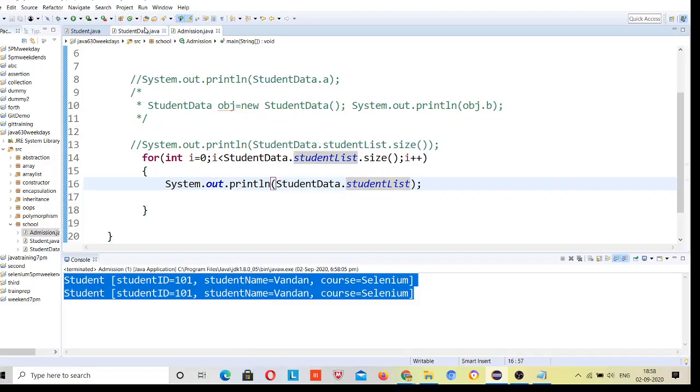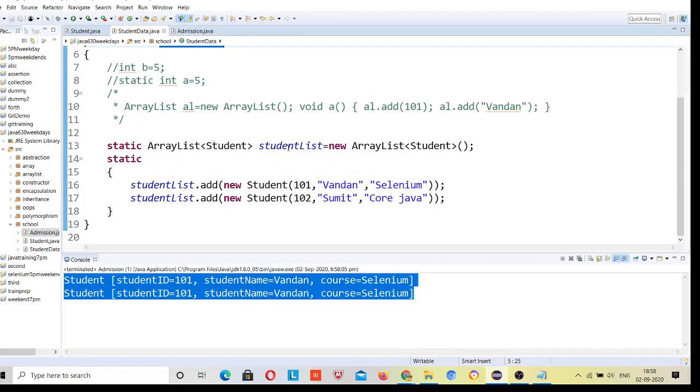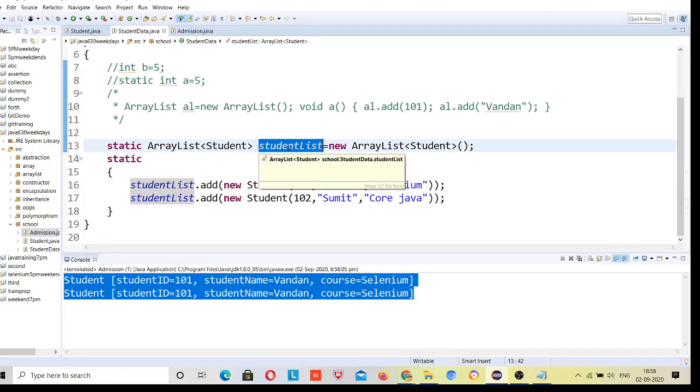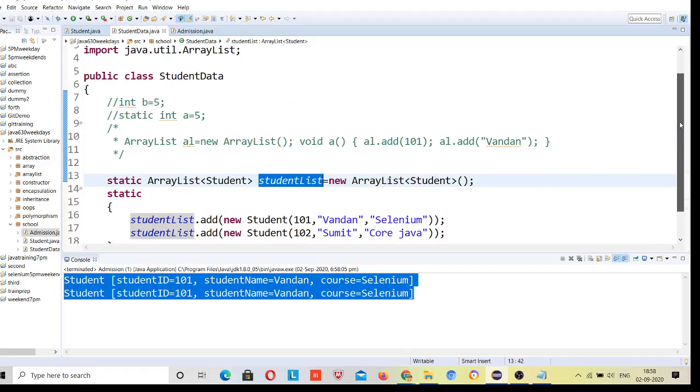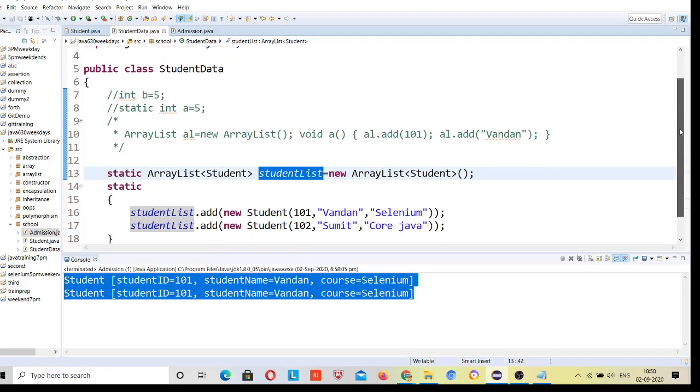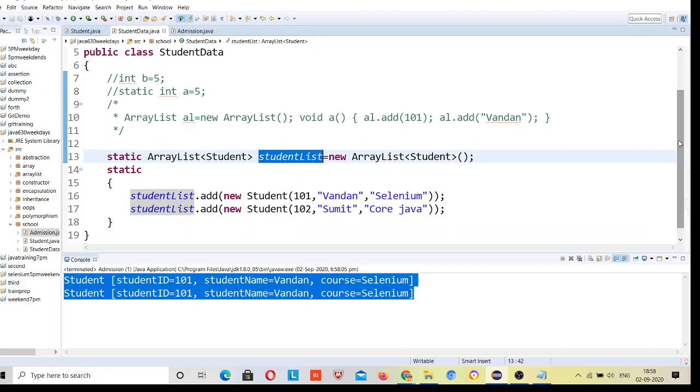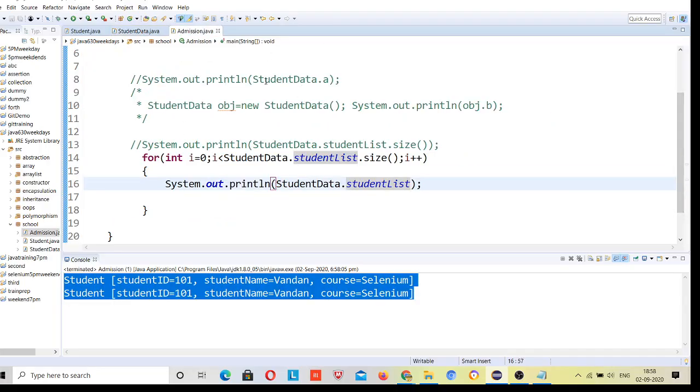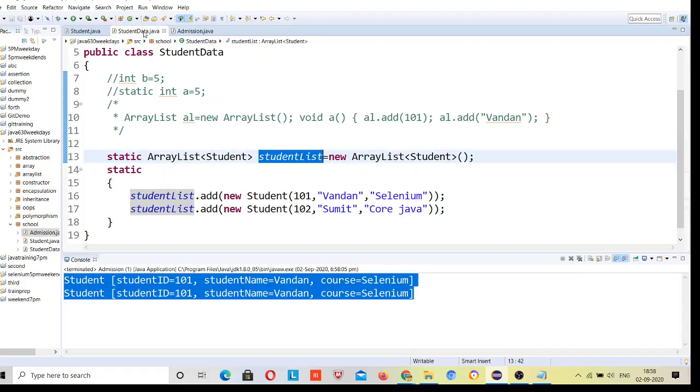This is printing this variable, right? You are accessing this static variable, class name dot variable name. Simply you have done this with the primitive type, and also with this class type variable, class name dot variable name.